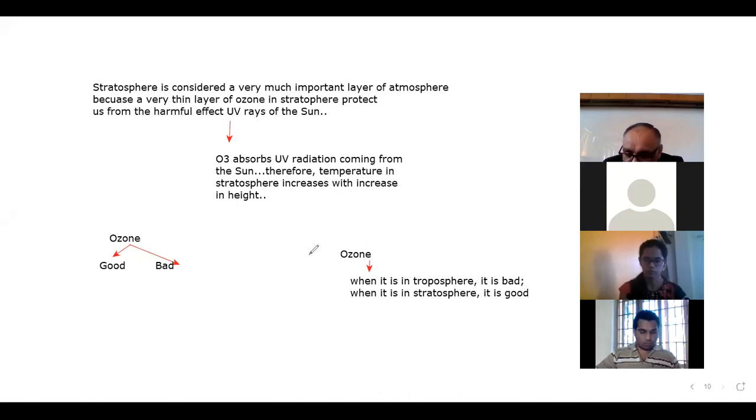They are broken apart, and the process of ozone depletion starts there. So beta, that is why in 1987 the Montreal Protocol was adopted by the countries. In 1987, the countries adopted one Montreal Protocol. Montreal is in Canada. So the purpose of adoption of this Montreal Protocol in 1987 was to reduce the